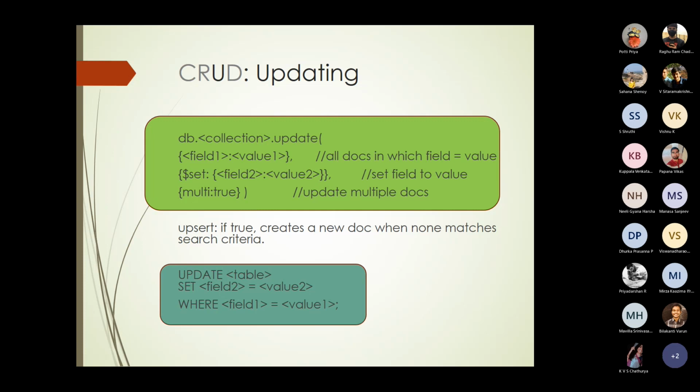So this you may require sometimes, like say employee ID you are changing. So employee ID is there in multiple documents.